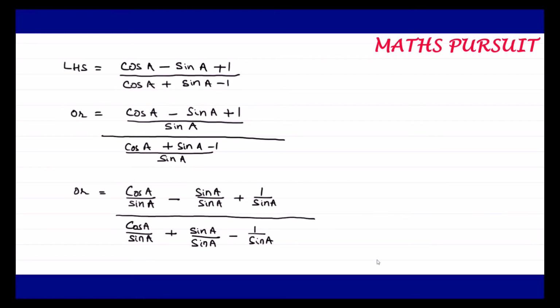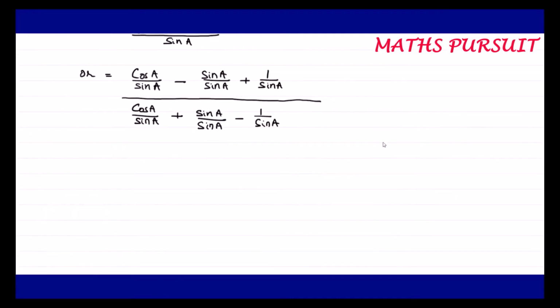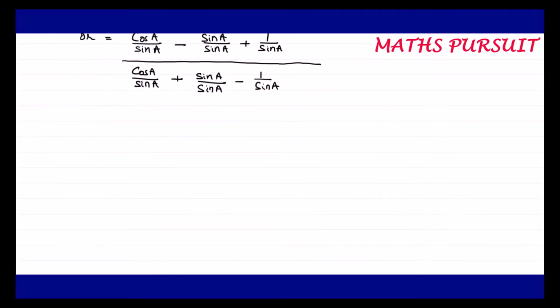Now guys, let us see how we are again solving this one and how we are moving. Now I can write this one, if you see, as cos A upon sin A, that is cot A. So cot A plus sin A upon sin A, it cancels out. I can write 1 plus 1 upon sin A is cosec A. This is what we got in the numerator.